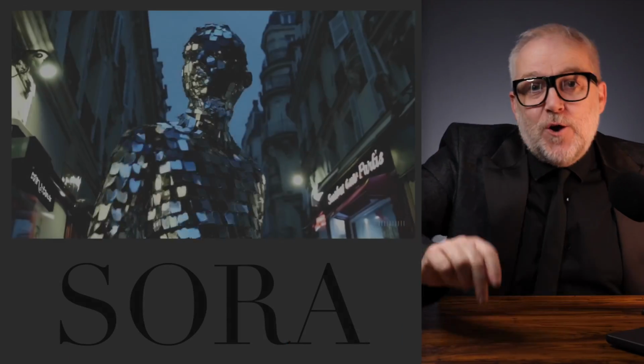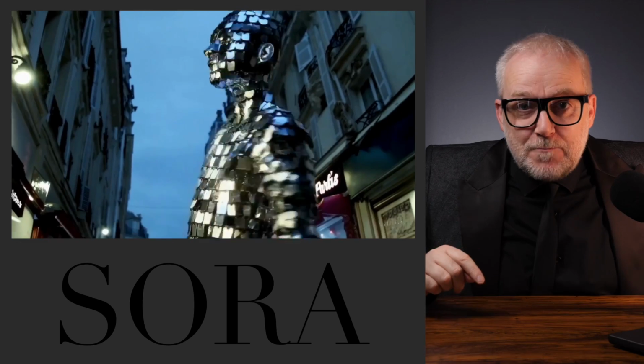But this is the great potential of AI, to do things that I never would be able to do using traditional Hollywood techniques. And I think that this is what OpenAI is trying to pitch to Hollywood. They're trying to say, look, things that you normally would have to spend this much money to do, if you work this into your workflow, you have the potential here to bring the costs down dramatically and still tell visually dazzling stories. Very exciting. On that note, have you seen the new sample videos yet?